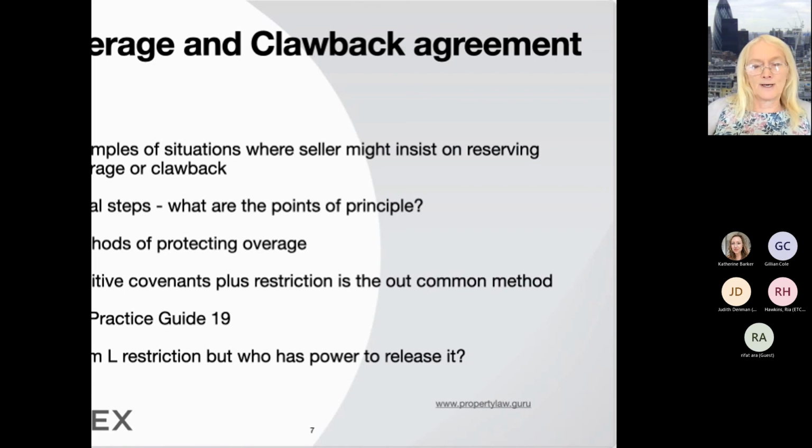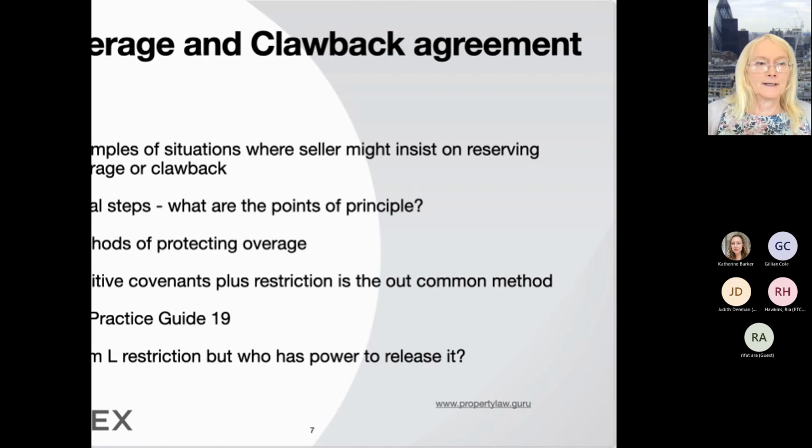Sometimes people reserve rights of way as a ransom, or right of way over it, or they grant an easement over a ransom strip, which only restricts the use to particular uses. All of these things have got problems, and it may be appropriate in the circumstances, but as I say, the most common way of dealing with it is just to have a straightforward positive obligation, carefully drafted, with a restriction appropriately drafted to protect the parties.